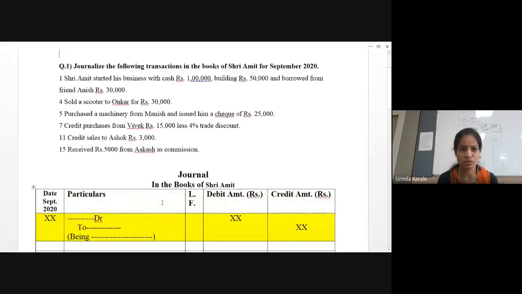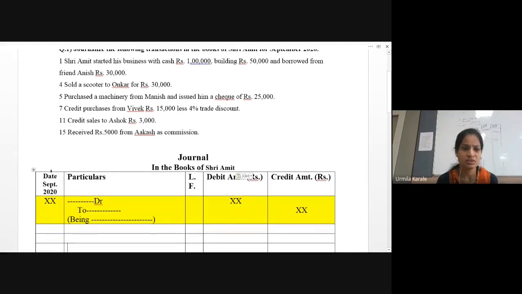So now we'll just solve this first one. Now steps, if you remember, first step is identification of accounts from the transactions. Second thing is you have to identify whether it's a personal, real or nominal account, so that you can apply the rule and find out debit or credit effect in the third stage. And once you find out the effect, then you have to record it this way. The account which got debit, we will be writing it first, and then the account which got credited, before that we write 'To', we keep a certain space, and we mention exactly the transaction details. Okay, so we'll just go with the first transaction.